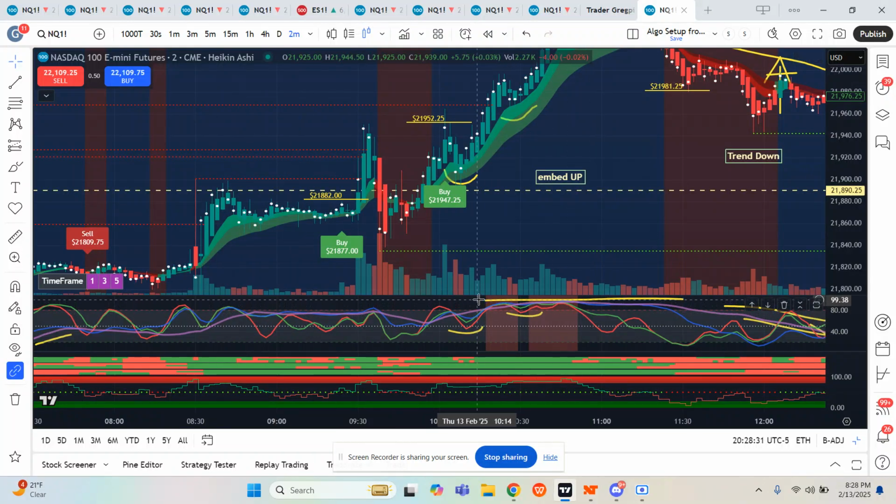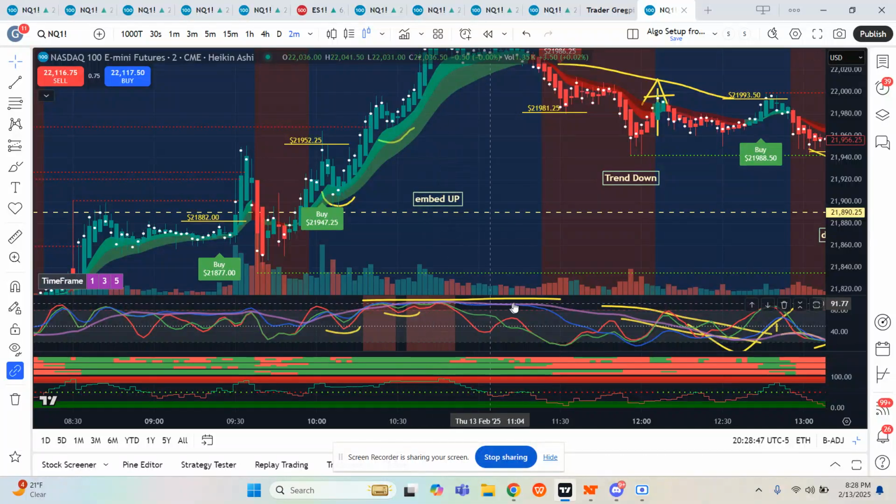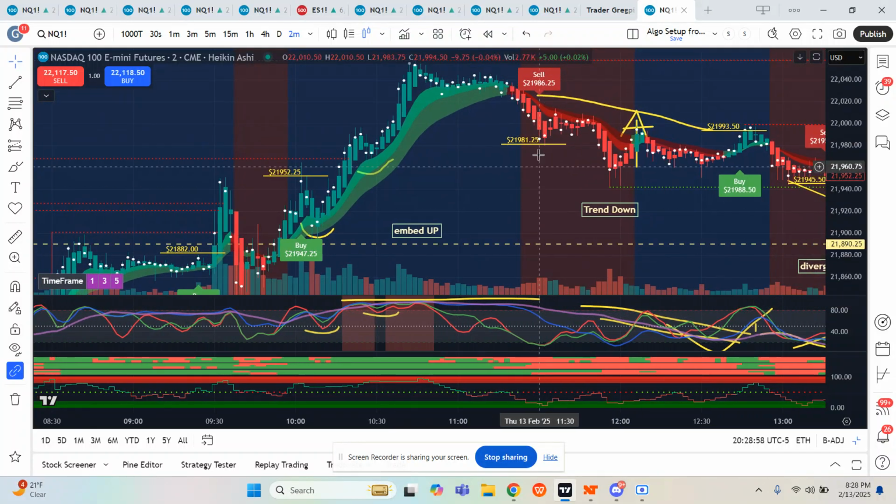Unless it's just flat staying up here, that means we're embedded into a pretty bullish trend or a bearish trend. If it's embedded down here flat and it just doesn't move, you might get the 9 and the 14 bouncing a little bit. We're either going to be embedded to the downside or embedded to the upside. But as soon as I start seeing the 40 poke below the 85 level, I'm looking for the 60 to follow. As soon as the 60 starts poking back through here, I'm looking for any kind of a sell